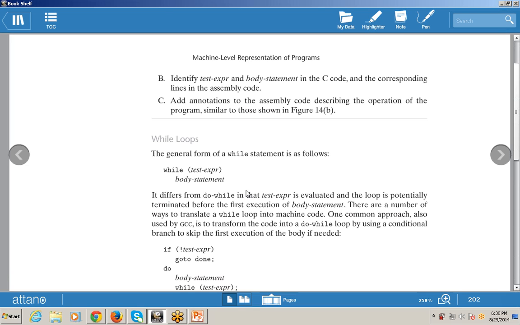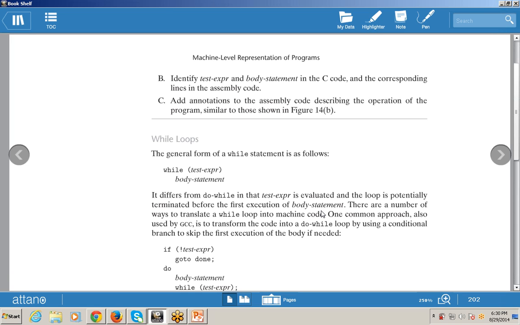How does it differ from do while? The test expression is evaluated first and the loop is potentially terminated before the first execution of the body statement. Means in a while loop the condition is checked first, but in a do while loop the condition is checked at the end.